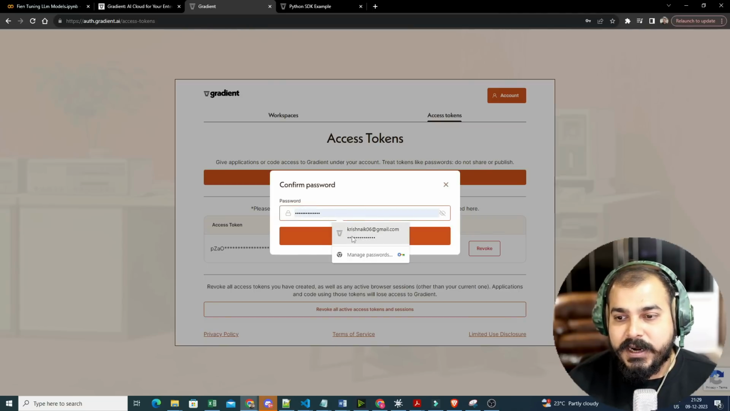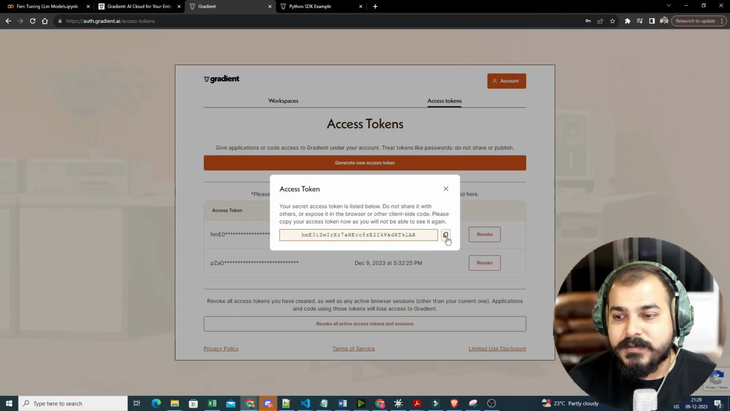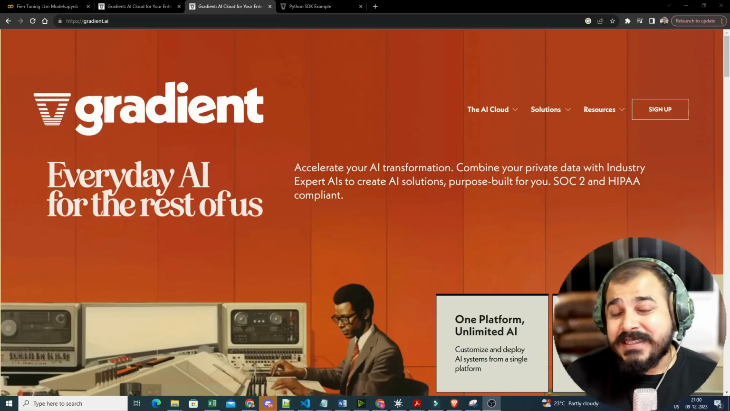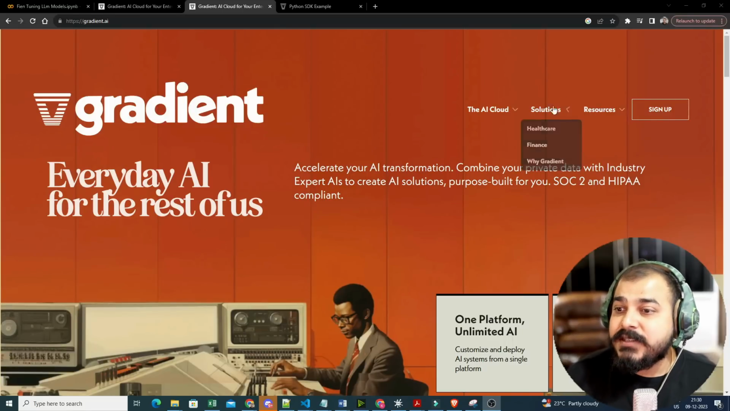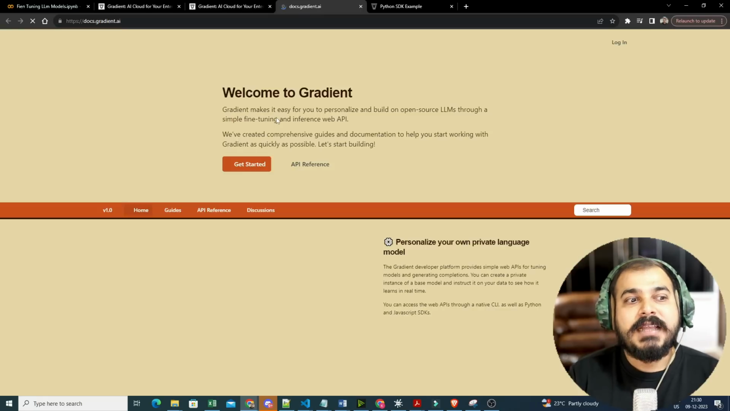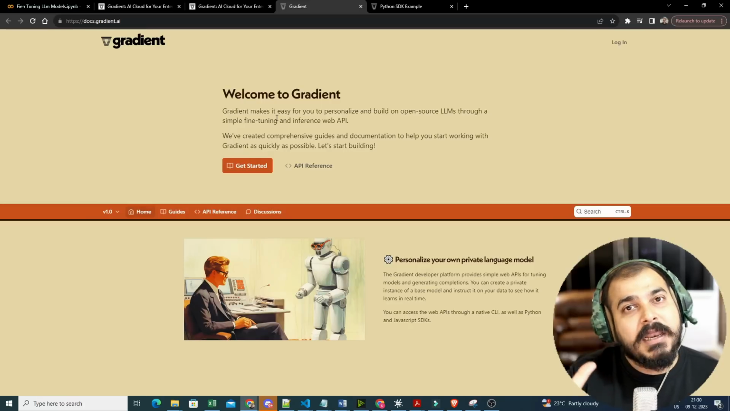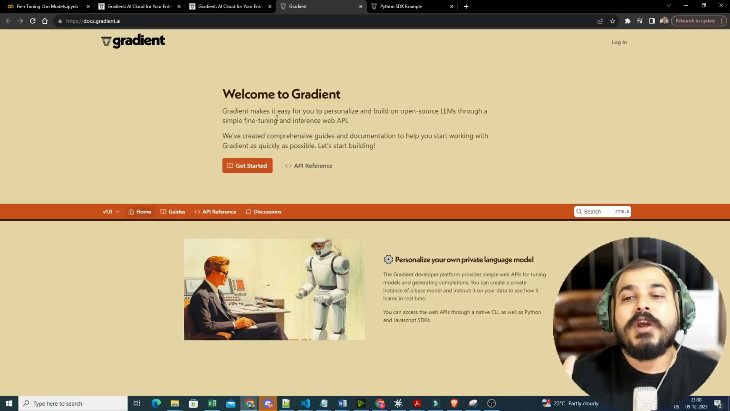So what I will do, I will go ahead and give my password. As soon as I do this, here you can see that you get your secret access token. You can copy it over here. One amazing thing about Gradient AI is that it provides you all the necessary documentation over here. You can just go and refer to the documentation. It provides you the entire code that is actually required with respect to the Python SDK. And trust me guys, with just minimal lines of code, you can fine tune your entire model